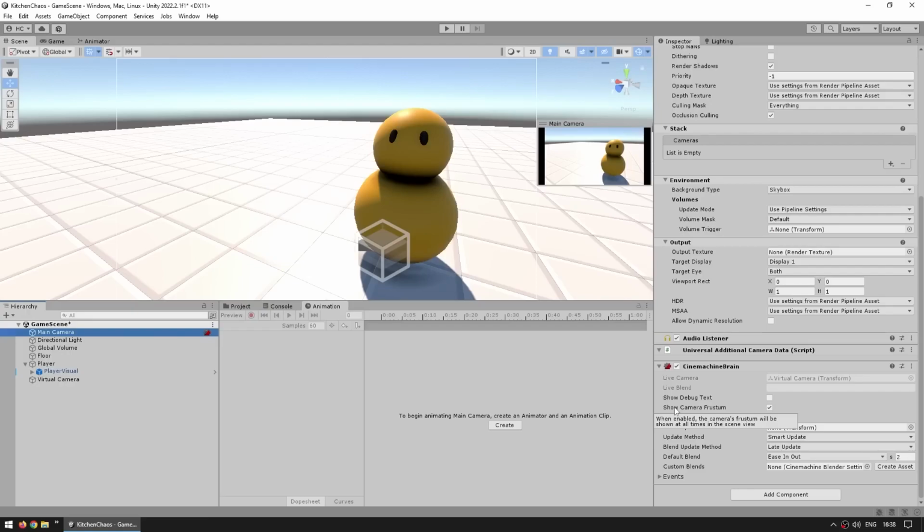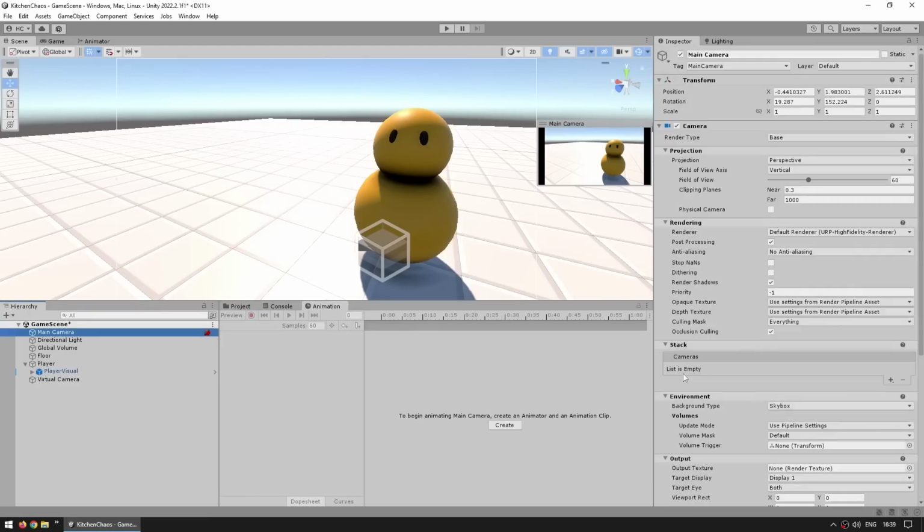So now that we're using Cinemachine, if we try modifying the main camera game object, so for example over here, if I try to drag the field of view, nope, does not work. I cannot move it. If I try to move the position, nope, can't do it. If I try to rotate it, nope, that does not work. Like I said, when working with Cinemachine, the Cinemachine brain is what drives the main camera. So rather than modifying the things over here on the camera itself, what we need to do is change them